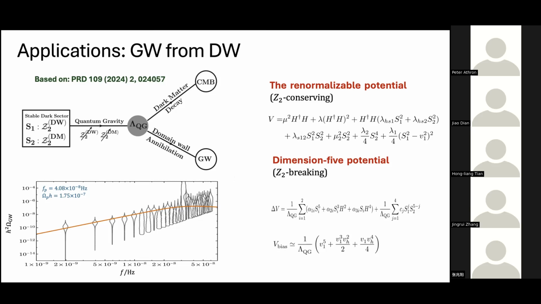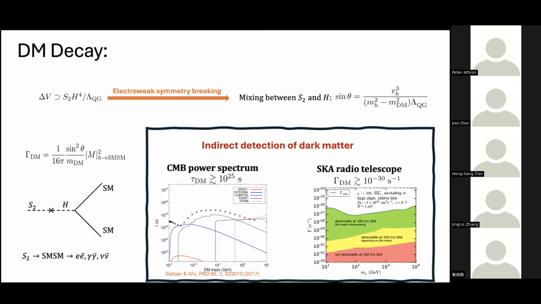But as a result of quantum gravity, these symmetries were broken, and hence one can write explicit breaking terms in the potential, which are as follows, and all of these are high dimension operators. Now, once we substitute the vacuum expectation value of S1, this is what we get. So this is the bias term that we generate with the help of quantum gravity, and this is how we destabilize the domain walls. Quantum gravity was also responsible for destabilizing the dark matter as well. I mean, it allows the dark matter to decay.